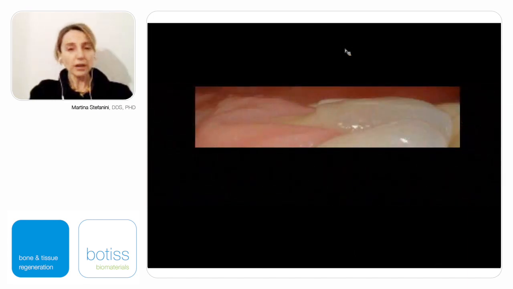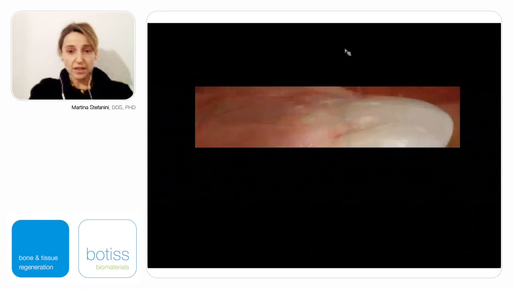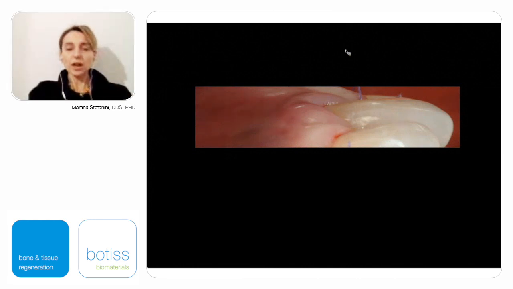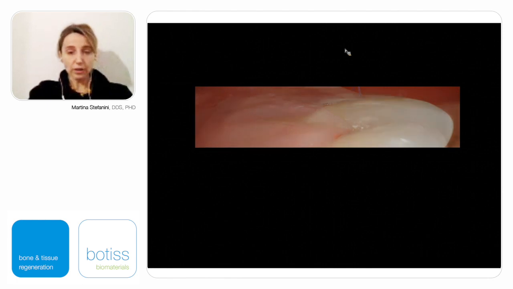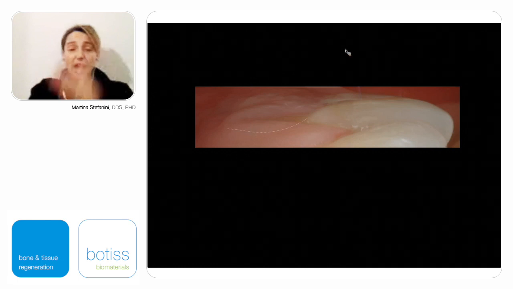And if you look from this side, you can see exactly what I told you and explained before, that thanks to the recreation of the physiological convexity of the clinical crown through the composite restoration, we are able to coronally advance the flap and tightly adapt the gingival margin above the convexity of the clinical crown, and adding the collagen matrix inside the root concavity, we